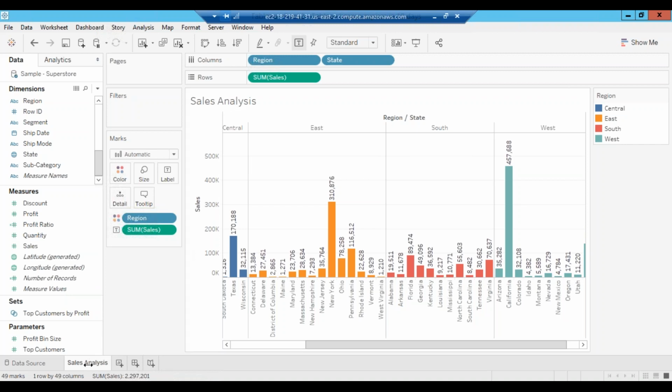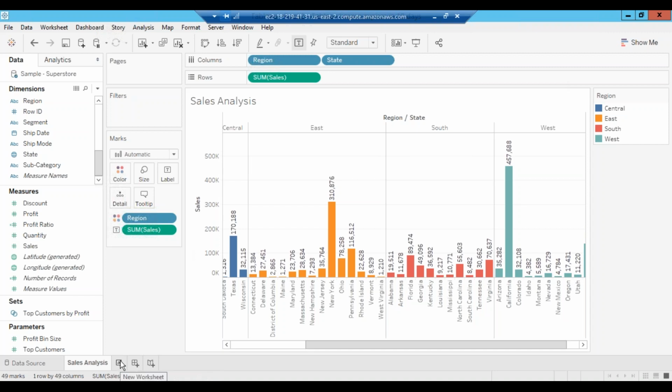So this is the sheet name. This is not a dashboard. Remember, this is not a dashboard. This is the sheet name. Now I want to create a new sheet, a new visualization. A new visualization I cannot create on this, because at a time I can create only one visualization. So I'll create a new page, what we call a new sheet.